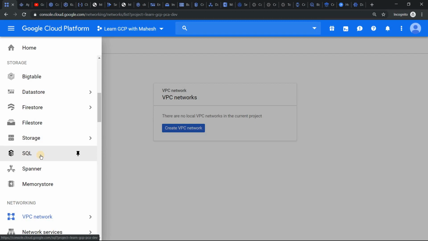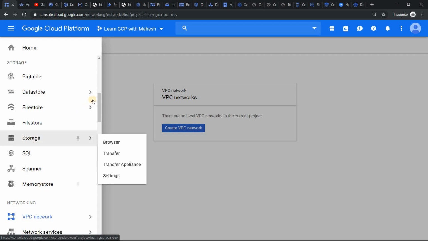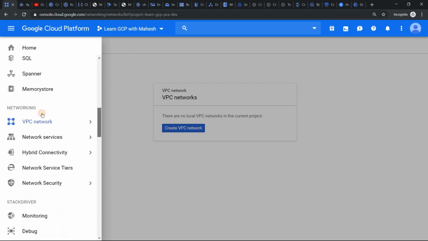SQL can be provisioned, but you need a basic understanding of at least how to put the CIDR range, how to whitelist this, all those things. And we are not going to propose it because the startup organization does not have that skill set. Spanner, you can provision without a VPC. Memorystore cannot be provisioned. So that's the stuff.